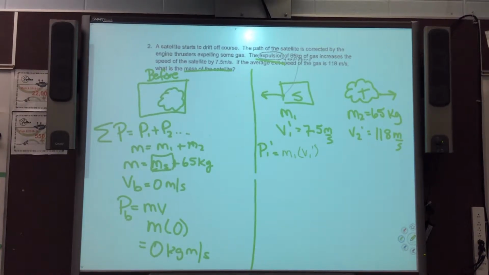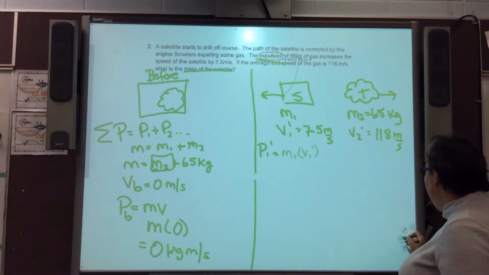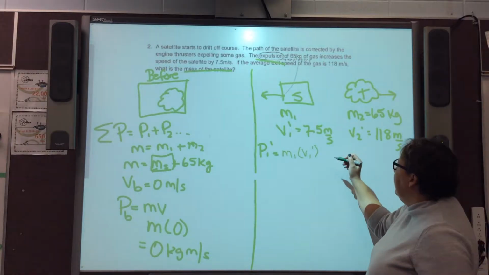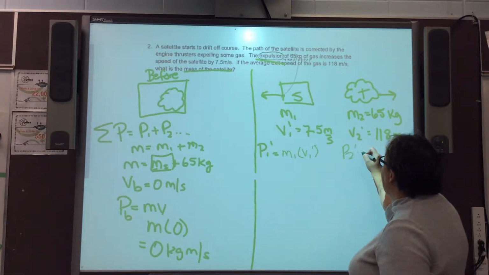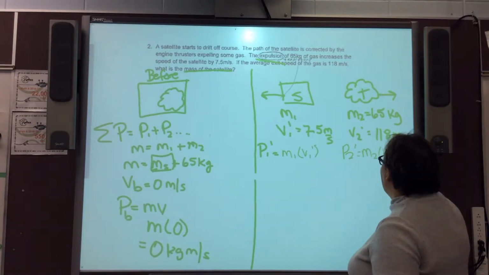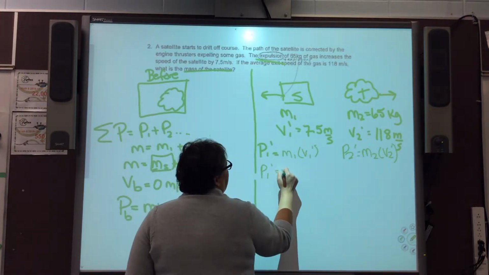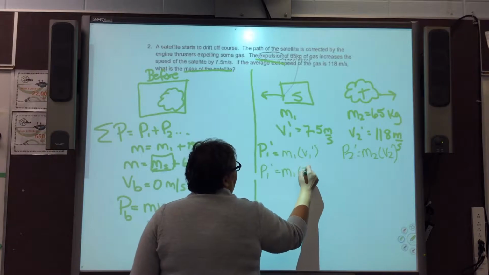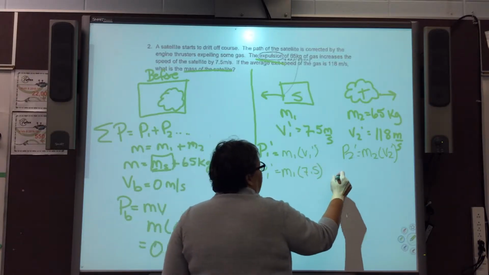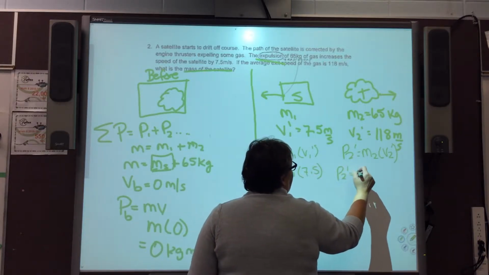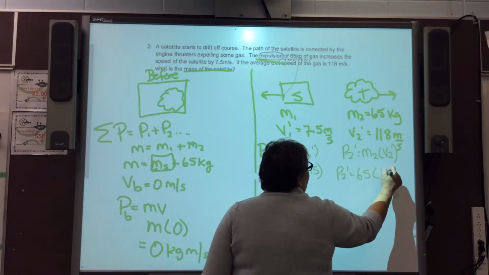Okay, let's keep going. So we have conservation before and conservation after. So we still have to figure out this part here. So P1 prime is equal to M1 times 7.5, and P2 prime is going to be equal to 65 times